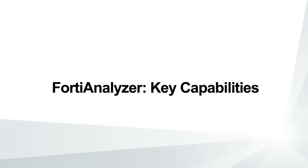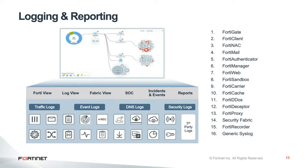Now, I want to take the next maybe 10 minutes or so talking about the foundation of that framework, which is FortiAnalyzer, and what are some of the key capabilities that enable both analytics as well as automation for our SOC teams. So the first thing is, what you're seeing on the right-hand side is some of the products. Now, Fortinet